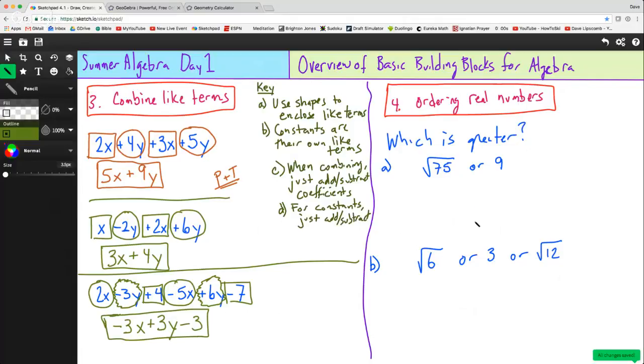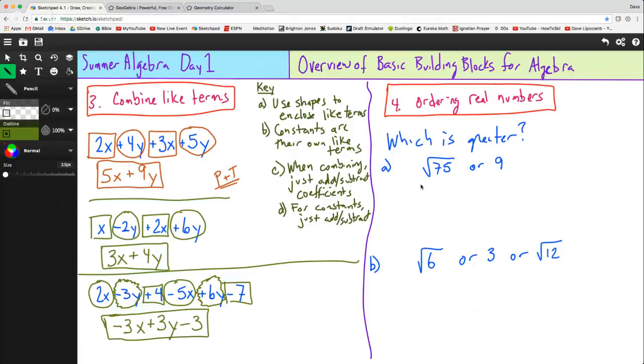All right, on to number 4. Ordering real numbers. Which is greater? So let's remember what we did in class today. And let's see. How can we think about square roots? So square roots are simply what number times what number is equal to 75. So let's